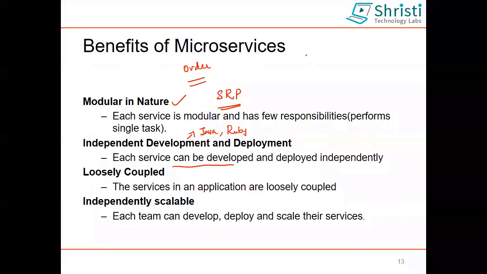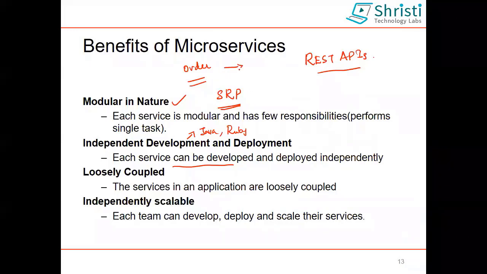Together with that, these microservices are created as REST APIs. So if you have worked in Spring Boot, for sure you will know what a REST API is, how REST APIs send the data. So these microservices are developed as REST APIs and they talk to each other. They are loosely coupled. Obviously, when you are using the single responsibility principle, they are loosely coupled.